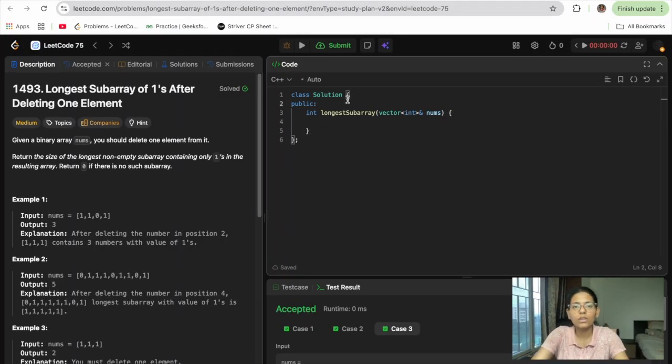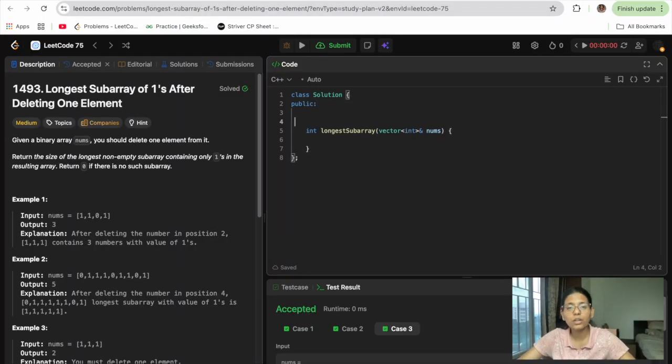Basically, we want a subarray which should contain only ones, and if it contains a zero, and I'm saying zero, not zeros, because they have told us to delete only one zero. So let's say we have 1 1 0 1 1, then again 0, and let's say 1 1 1. For now, let's say we are calculating for this.